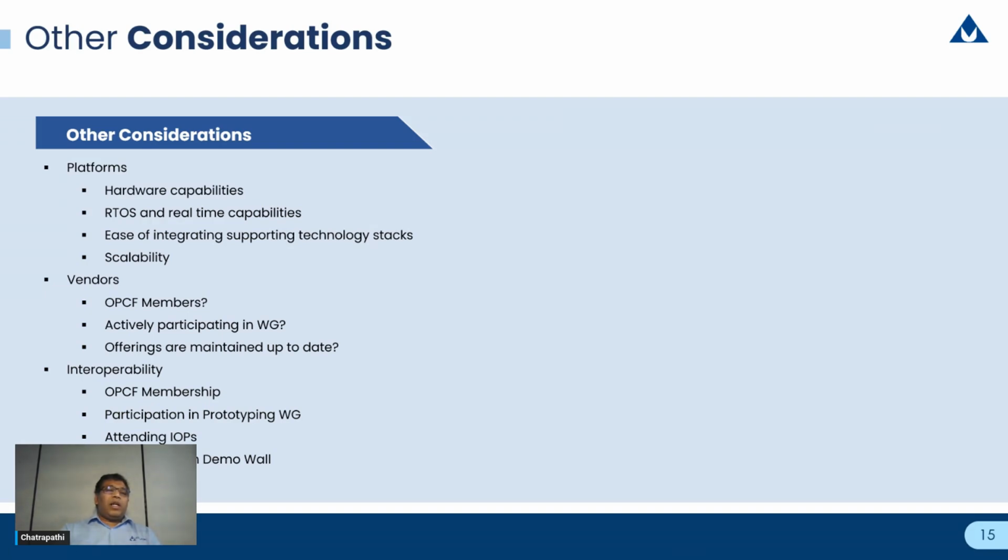When you're looking at such platforms, you look for all the different hardware capabilities from the perspective of the requirements and considerations that we have discussed today, and also the RTOS and real-time capabilities of the platform, and what are all the supporting technology stacks that are already ported and proven on these platforms, like TSN drivers or PTP or gPTP stacks, and so on, and scalability